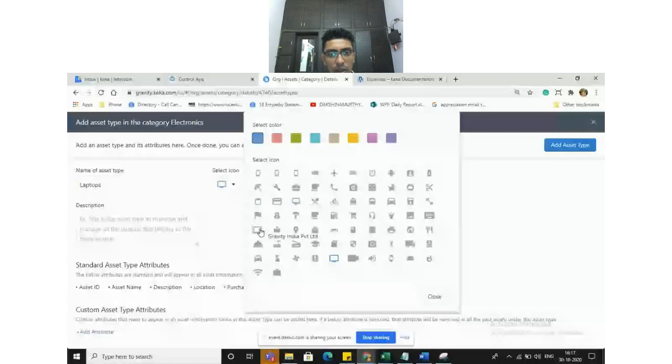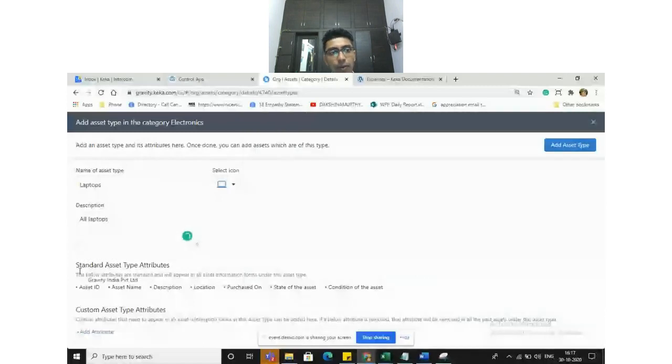Here's the icon for laptops, and you can select a code for every asset type. You can use a suitable icon as well as the color. Okay, and description, all laptops.